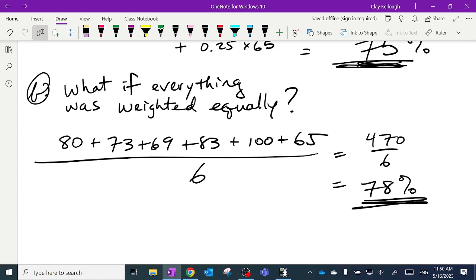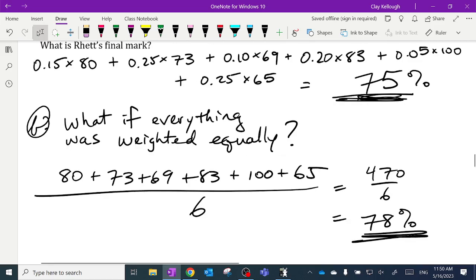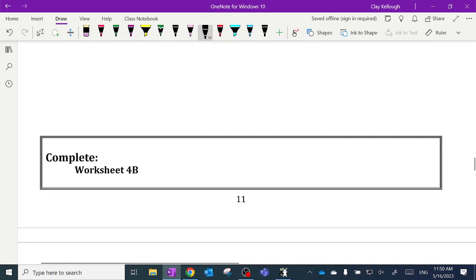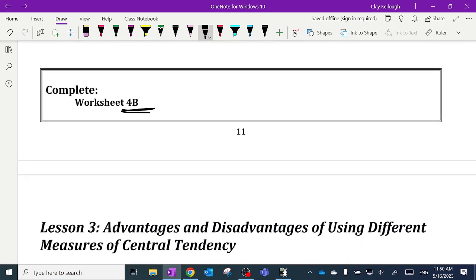So there we go. And that's the difference between a weighted mean and just a regular old arithmetic mean where I just add them up and divide by the number of things I have. Here in our courses, everything we do is a weighted mean. Those little assignments that you hand in are not worth nearly as much as your tests, etc., etc. All right, that takes us to worksheet 4B. You can get started on today, and I'll give you some time to work on it tomorrow.